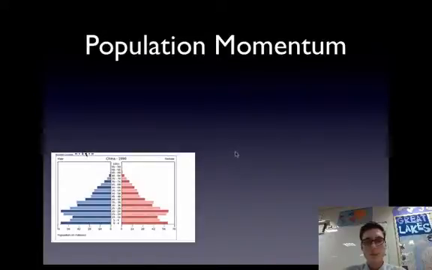momentum. So population momentum, if we look at the population pyramid of China in 1990, we all know that China implemented its famous one-child policy, and that was in 1978. And so if you look here, about 12 years ago, these people, you can see, were having quite a few children, birth rate was increasing, and then it starts to decline because of the one-child policy. However,